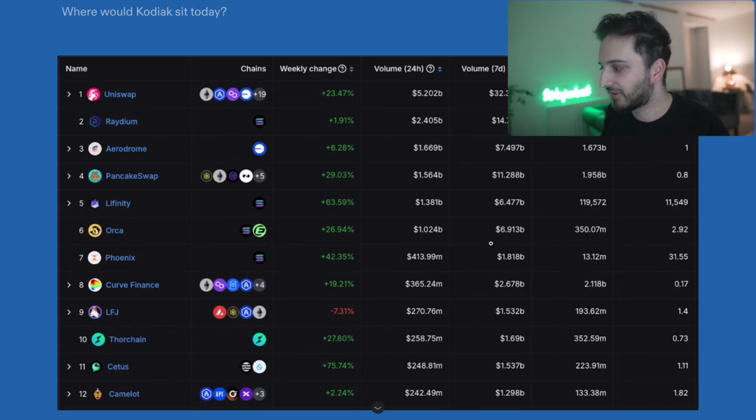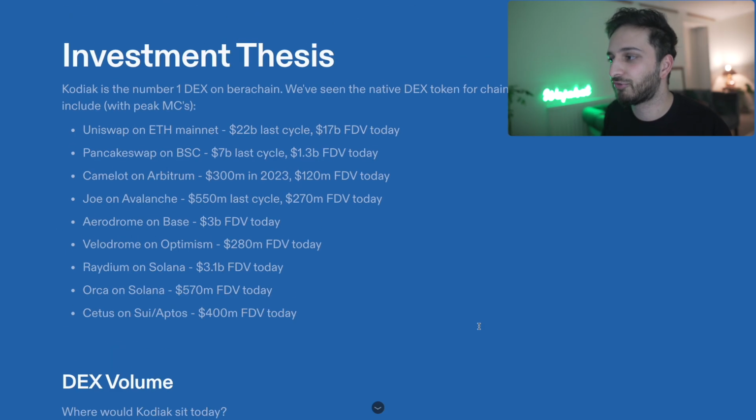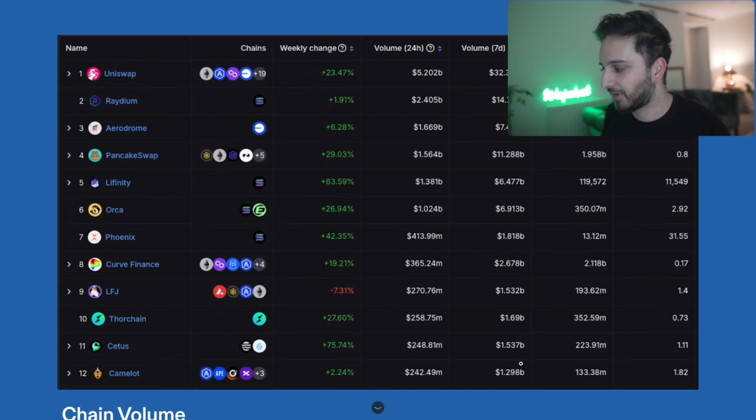And the kind of middle ones are doing like 5 billion. And the ones at the bottom are doing like 1 to 2 billion. And the ones at the bottom are still worth like hundreds and hundreds of millions. Like Thesis, for example, it's worth 400 million and it's doing 1.5 billion in volume, which, okay, seems pretty reasonable